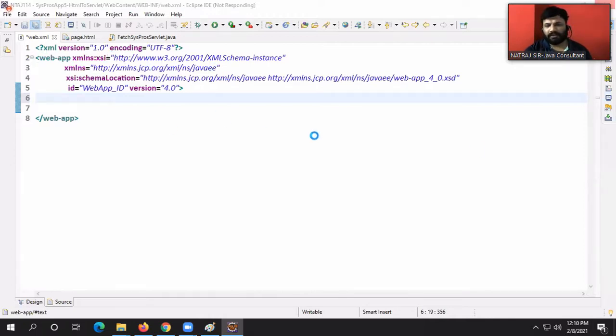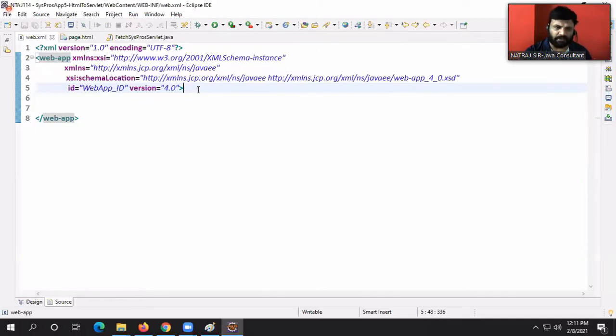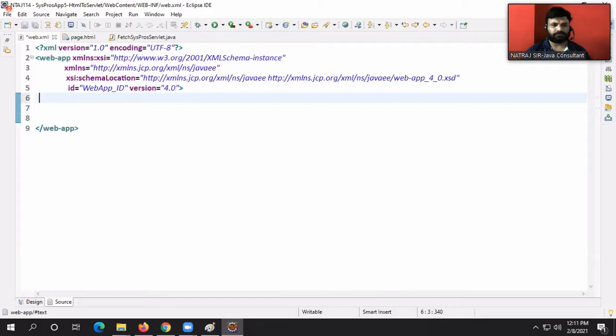XSD is not coming up in Eclipse. Maybe you are not using the JavaEE module XSD. Please don't do parallel practicals. If you do parallel practicals, one problem is there: you will get an error somewhere and you will think only about that error and you never think further. You never listen further. Don't make that mistake. The XSD was optional, but it is recommended to place it.